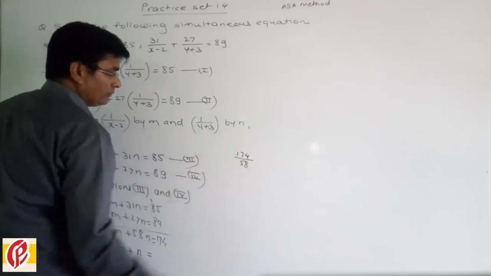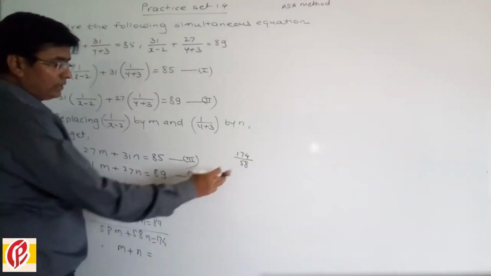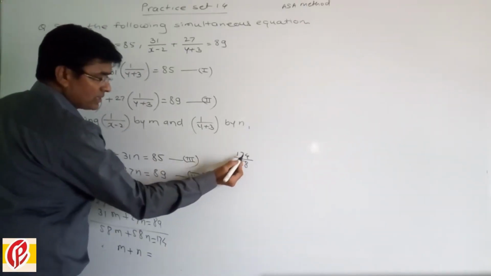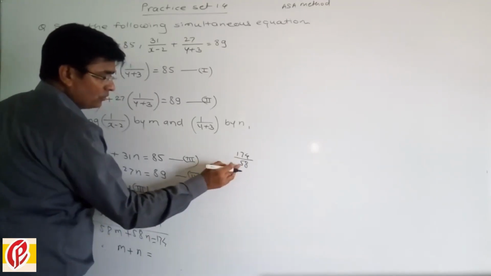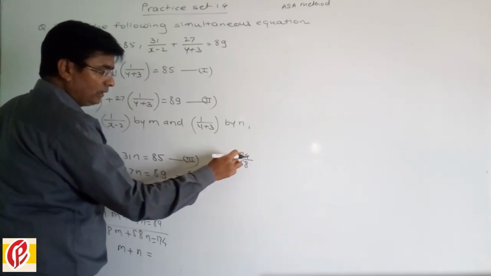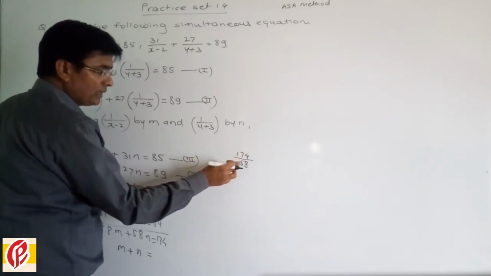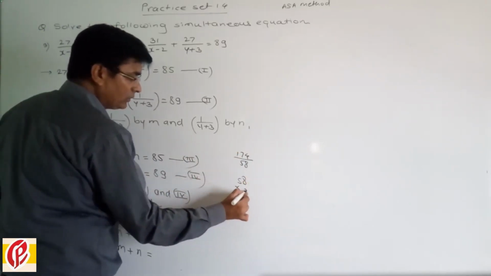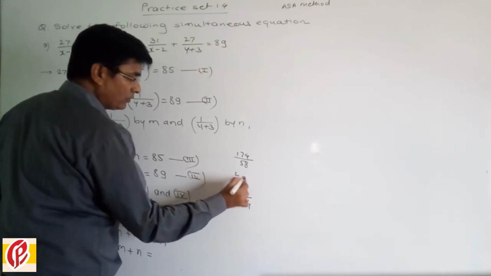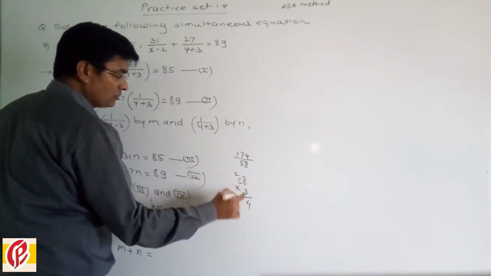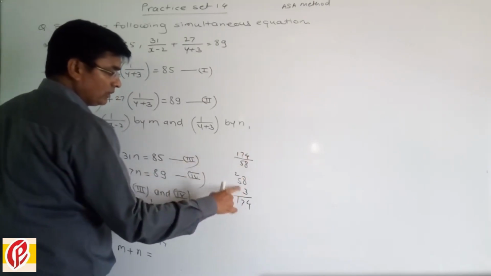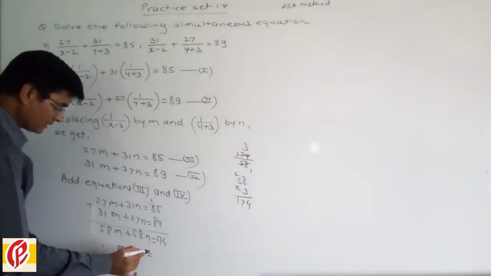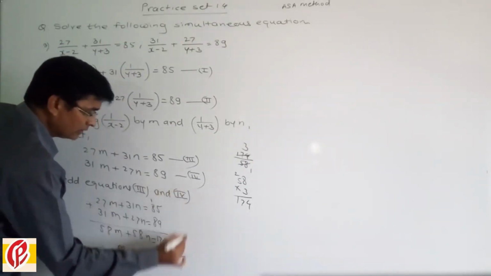174 divided by 58. So what I told you is that if you don't know the table of 58, what should you do? Divide this 174 by 5. So 5 1s are 5, 5 2s are 10, 5 3s are 15. So this 17 is divided by 5, and we get 3. So what do I do? 58 into 3. So 3 8s are 24, carry over 2. 3 5s are 15 plus 2, 17. So we get 174. That means 58 3s are 174. So here the answer is 3 and we get the fifth equation.